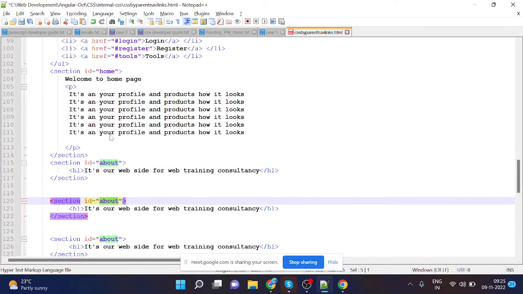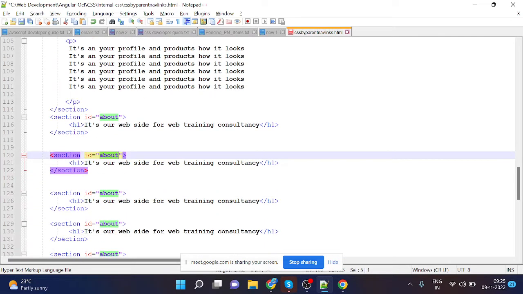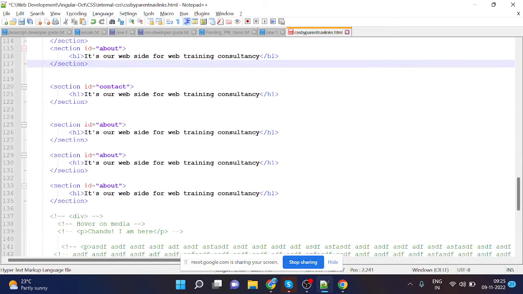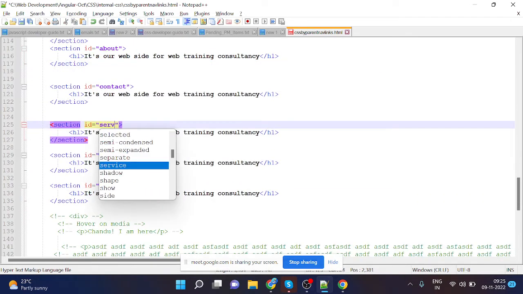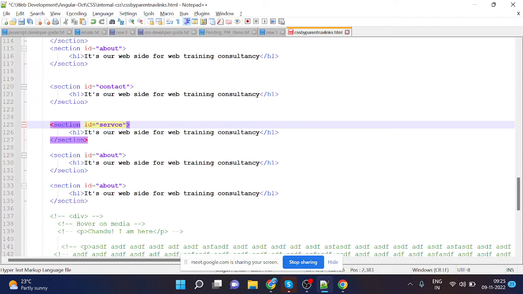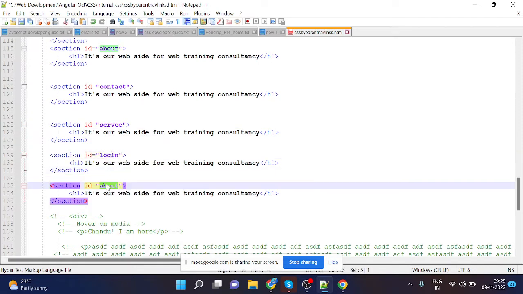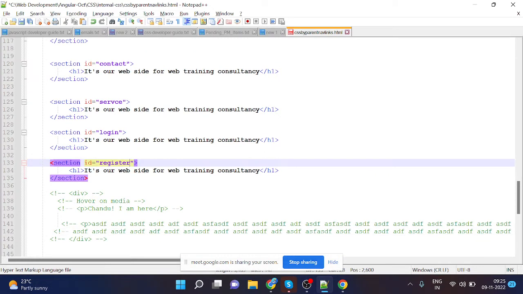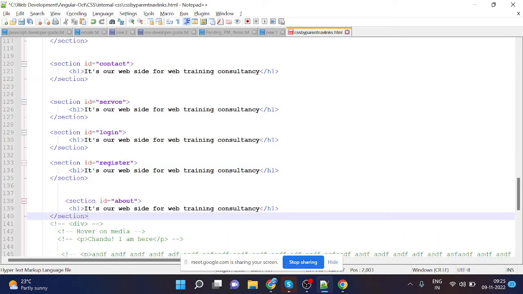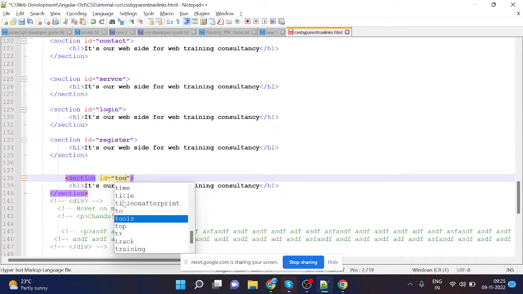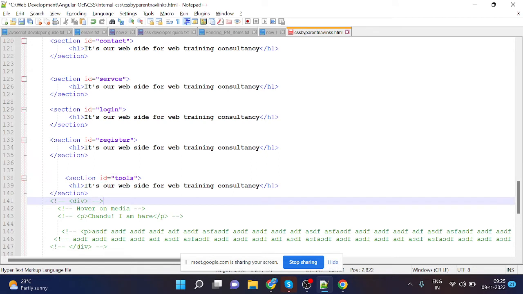Now I'm going to put content for each and everything: about, contact and service, login, register, rules. Okay, anything. You can create your own CSS, or whatever looks you want to create,